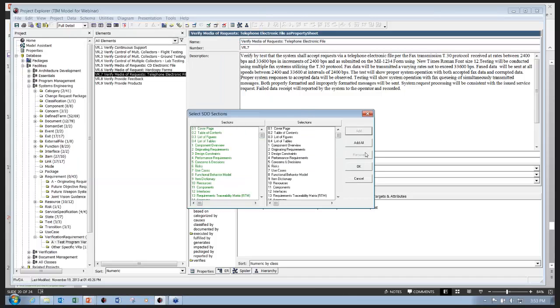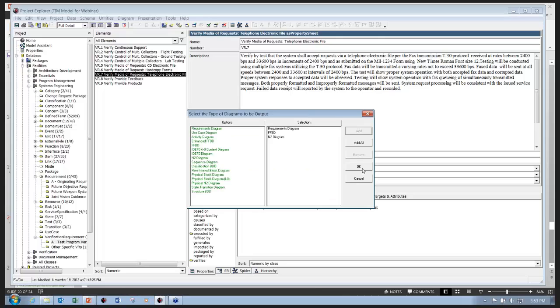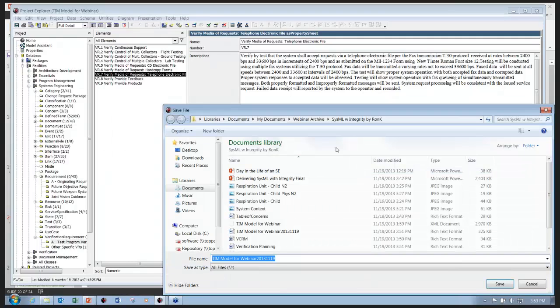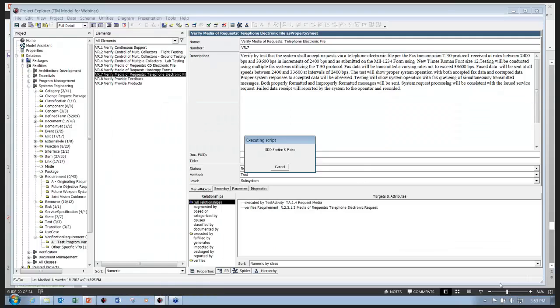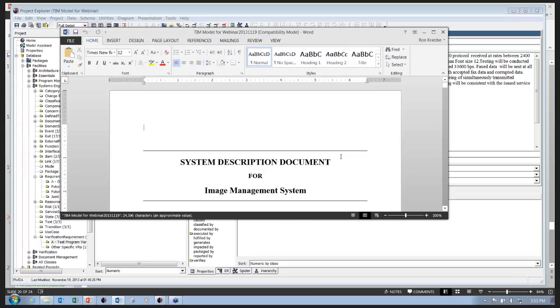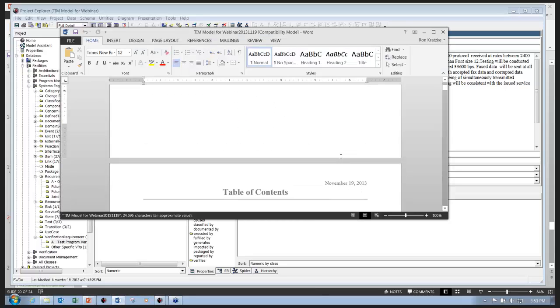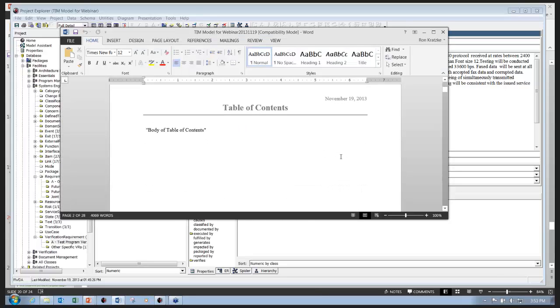I'll include all these elements. And I'm going to include these 3 diagrams in my report. And I'll put it back into my model here. And now I get the SDD. It's in an RTF format, so the only thing I need to do is select all,